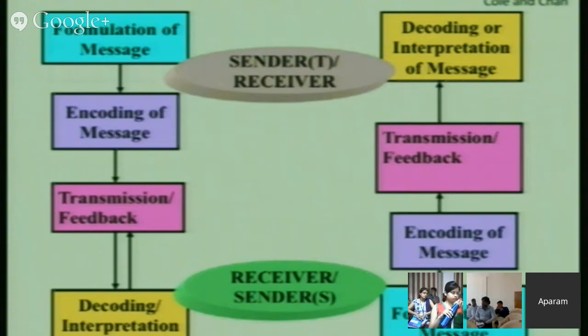The teacher provides feedback to the sender of the message, the student. And that's why it is said that classroom communication, like any other communication, has an interactive model where role reversal takes place. The sender becomes the receiver and the receiver becomes the sender. That is the beauty of communication. The more interaction takes place in the classroom, the more effective the classroom communication will be. Right? Now we quickly come to the factors that affect the process of classroom communication.